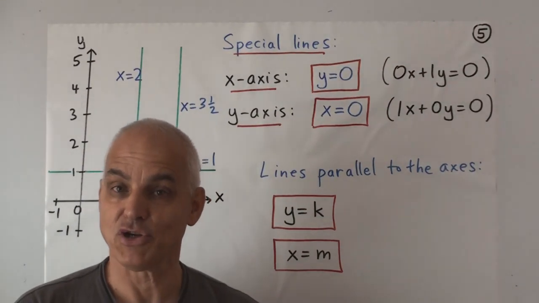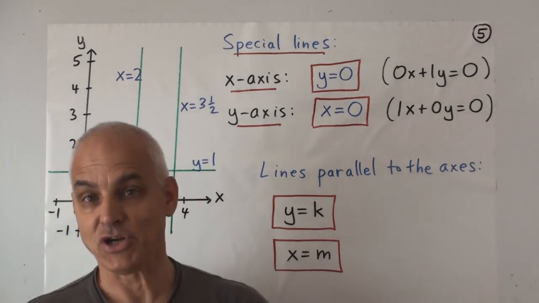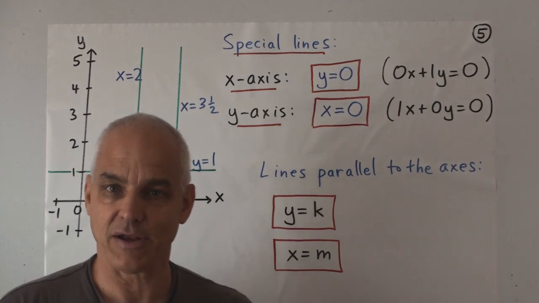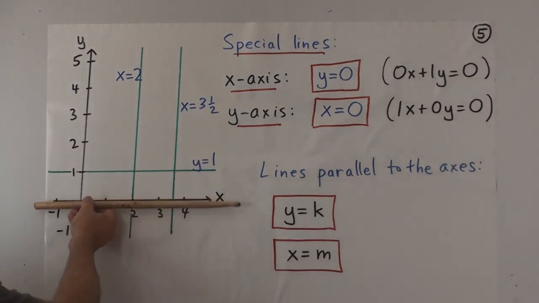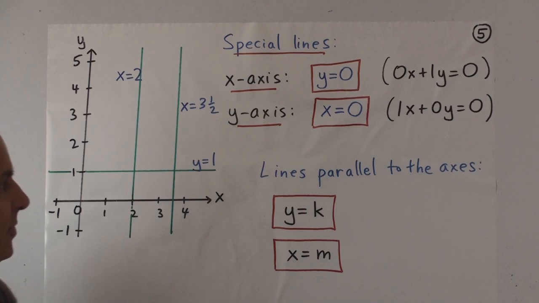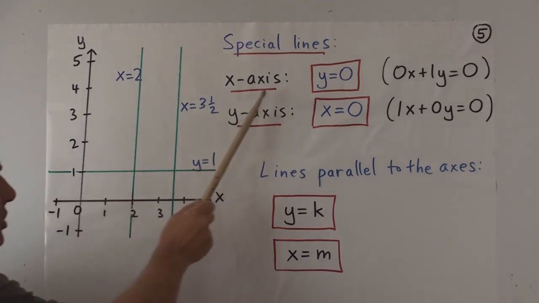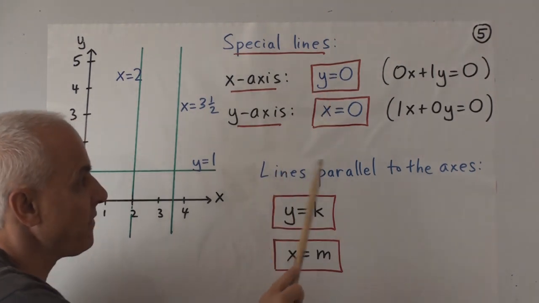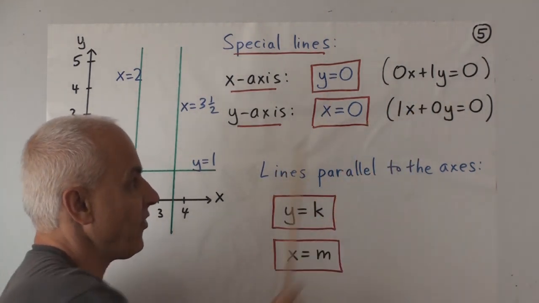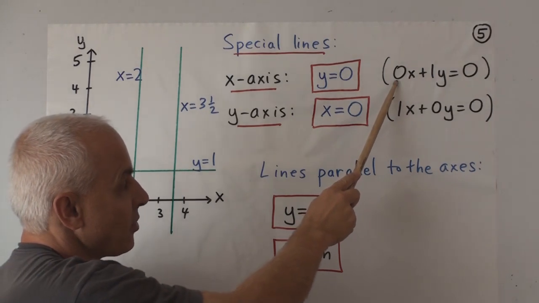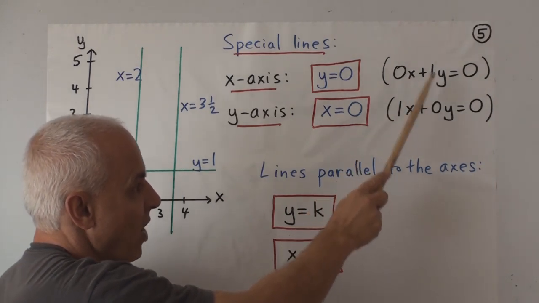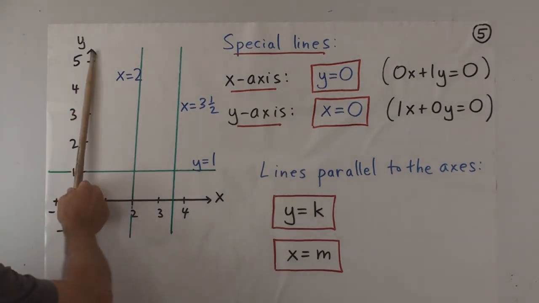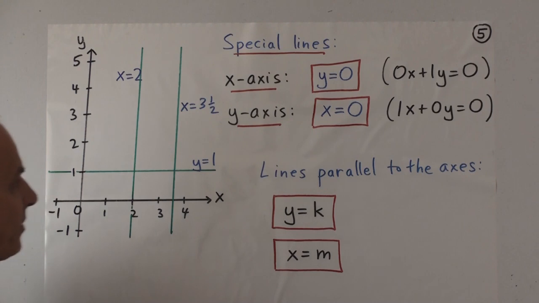Before we leave the two-dimensional case, let's remark that there are some special lines that we should pay a little bit of attention to because they're a little bit different from the generic line. First of all, of course, the x and the y-axis themselves are special. The x-axis has the equation y equals 0. And that simple equation is still of the form ax plus by equals c. It's just that the coefficient of x is 0, the coefficient of y is 1, and the constant is 0. The y-axis, on the other hand, has equation x equals 0.